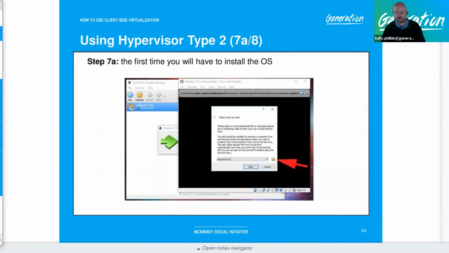We just talked about this, starting it up, and it will direct you to install your